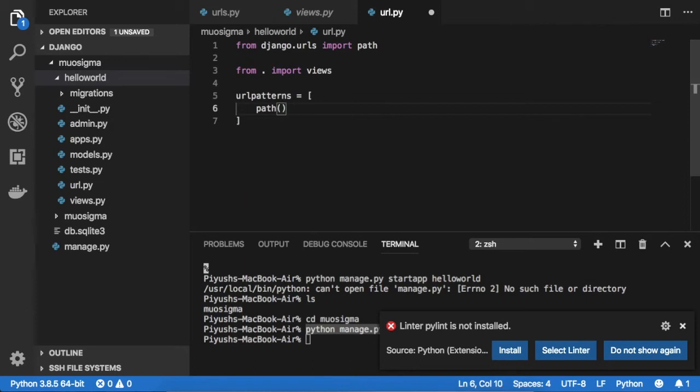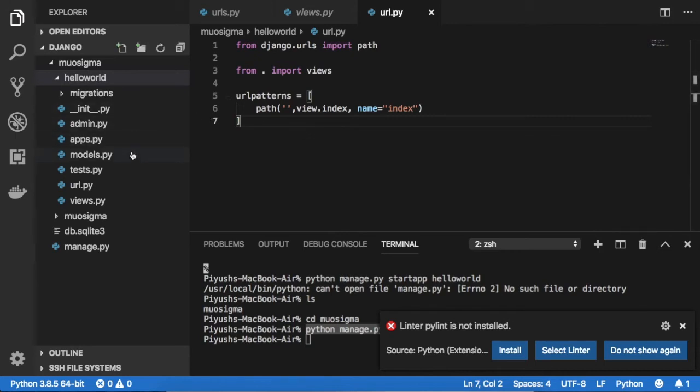In the very first parameter you need to set the path. For example, in the blank space I want to call a view. So let's say views dot, whatever view you want to call, the name you need to define here. So for example, I want to define index view. Okay, and then here you need to define some name. For example, index. Just save this file,